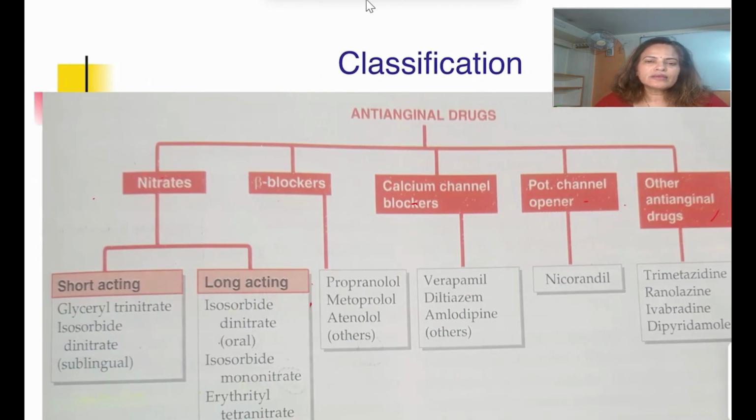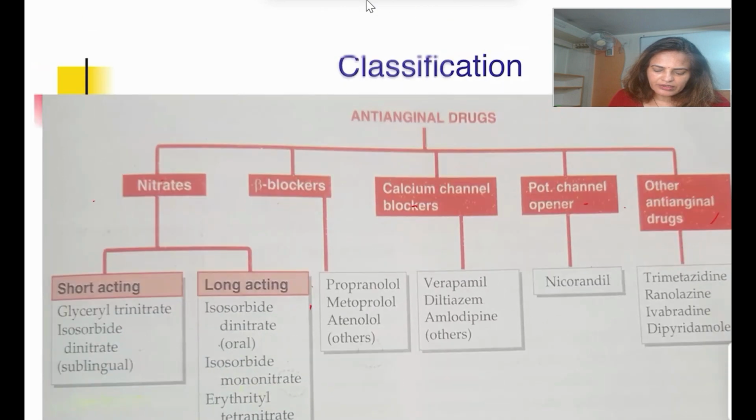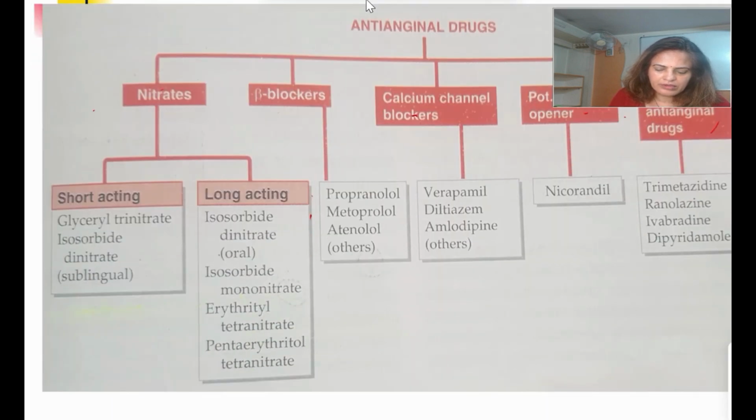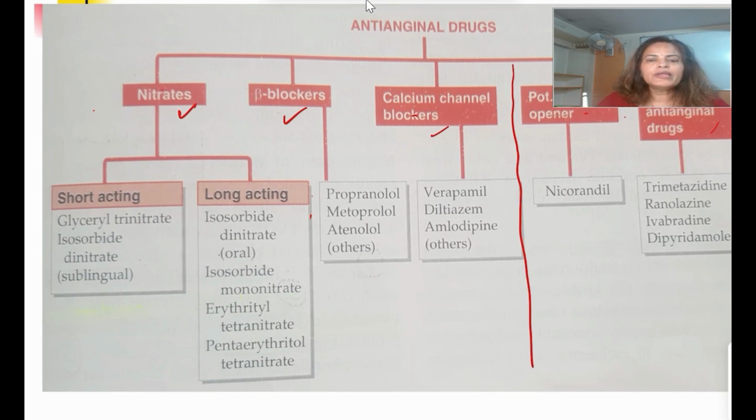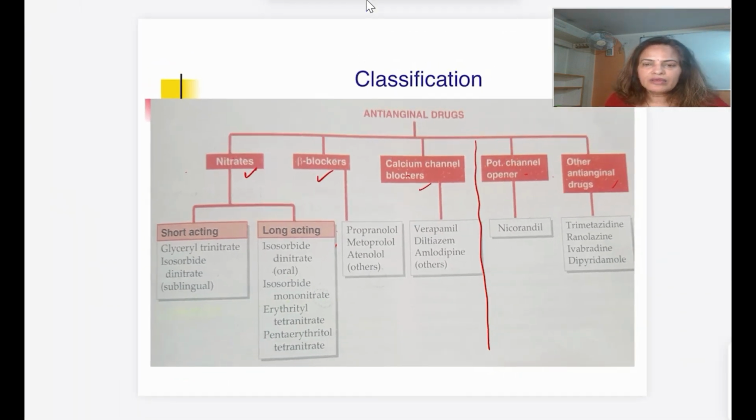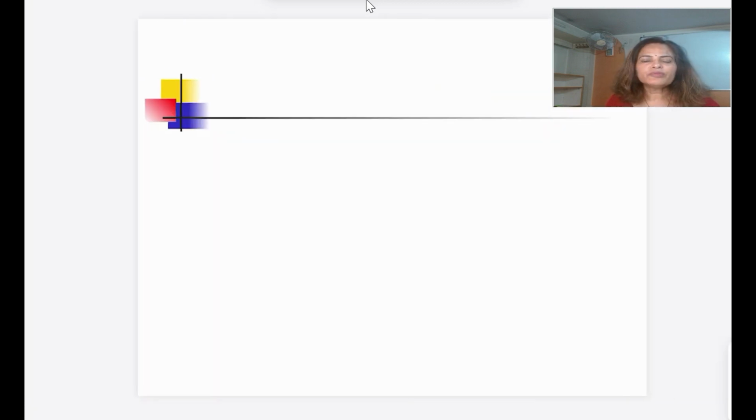So what all anti-anginal drugs do we have? We have nitrates, beta blocker, calcium channel blocker, potassium channel opener, and other or miscellaneous anti-anginal drugs. The nitrate, beta blocker, and calcium channel blocker I have already covered, and I will be giving the link in the description box. In today's video I will be discussing mainly the potassium channel opener and other or miscellaneous anti-anginal drugs. Now coming to the potassium channel opener,